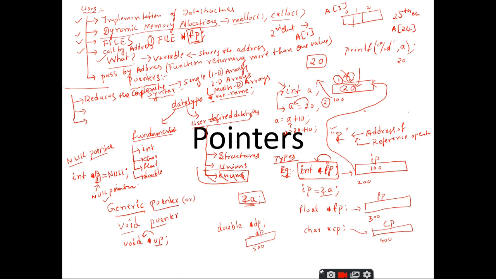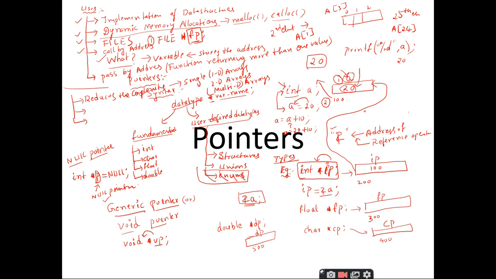But remember that when the dimensions of the arrays keep increasing, you take a 3D array, a 4D array, a 5D array, it is almost impossible to think of the logic of these multidimensional arrays using the indices concept.